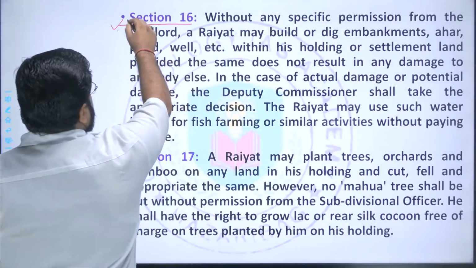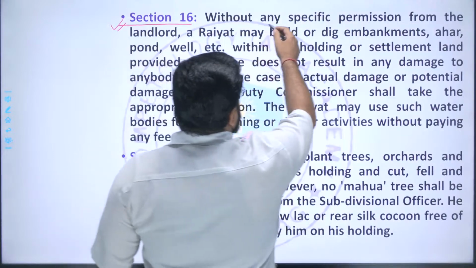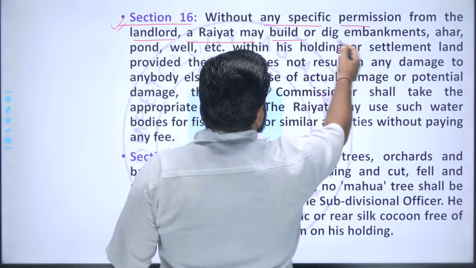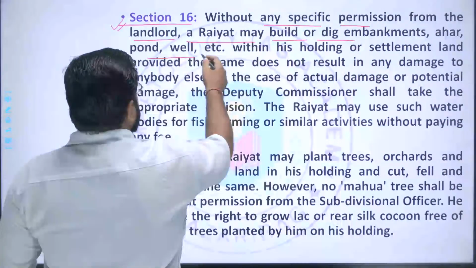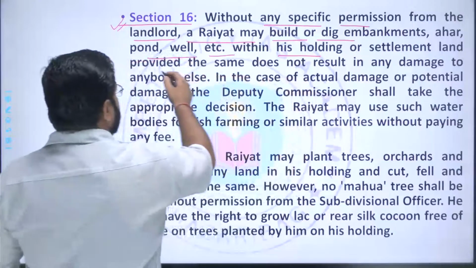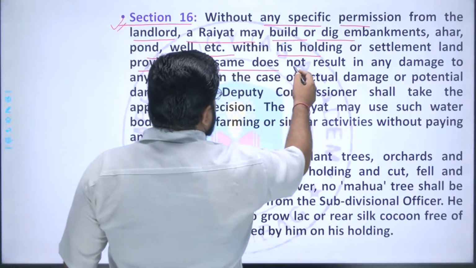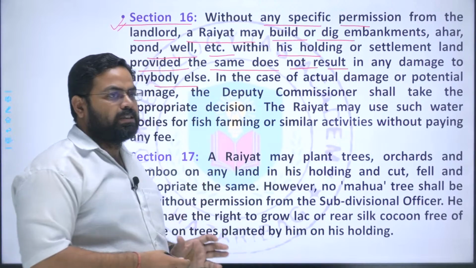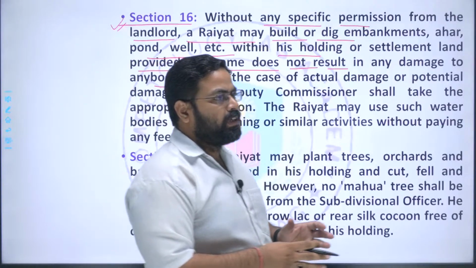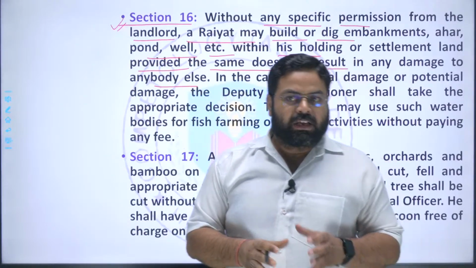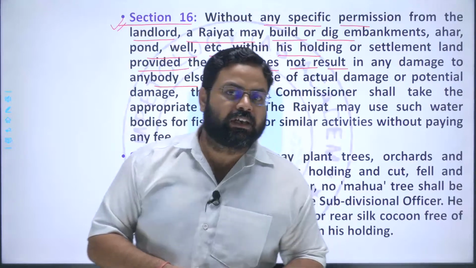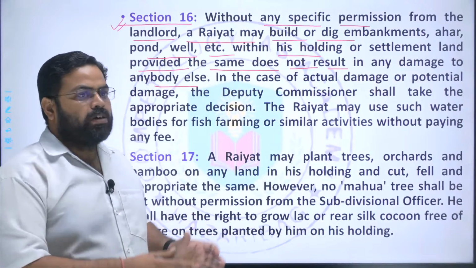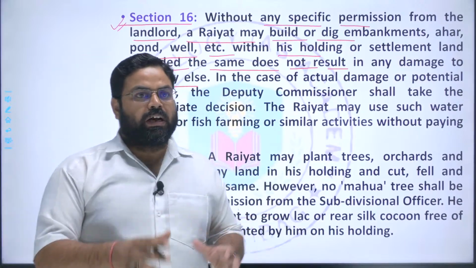Next is section 16. It says that without any specific permission from the landlord, a rayat may build or develop embankments, ahars, ponds, wells, etc. within his holding or settlement land, provided that the same does not result in any damage to anybody else. So the first part says that for the purpose of irrigation or for any other purpose, if a person needs to construct any source of water conservation, water drawing, or that of water storage like the pond, the ahar,